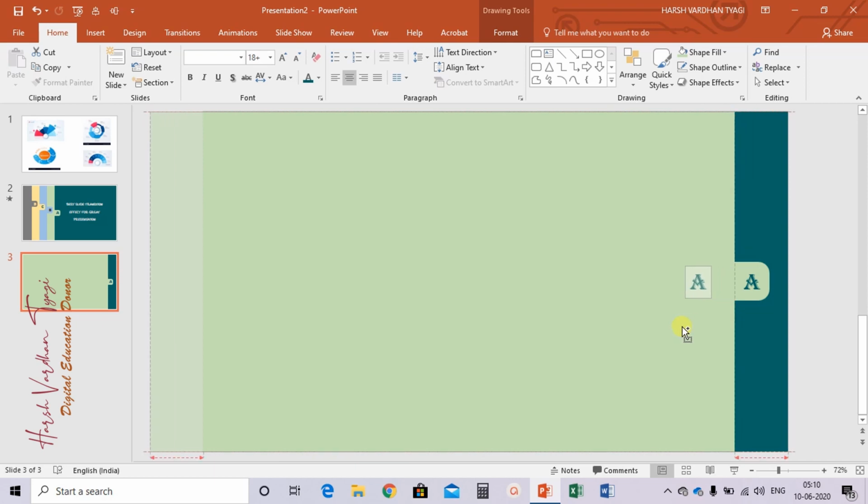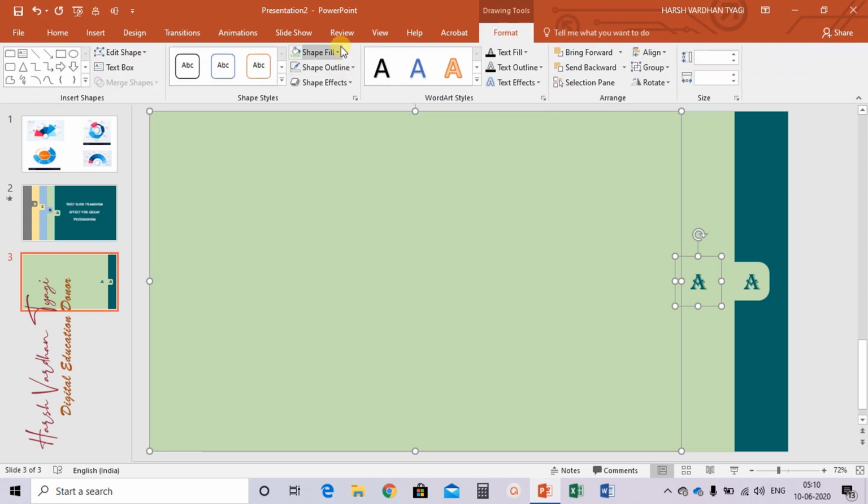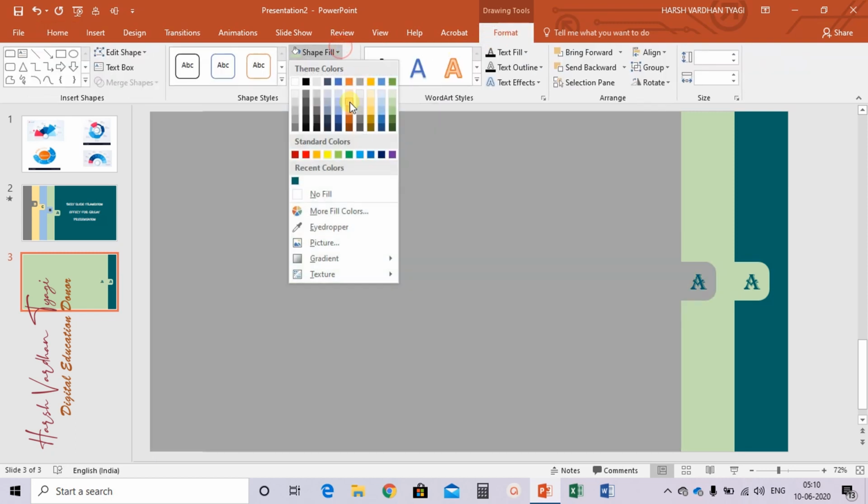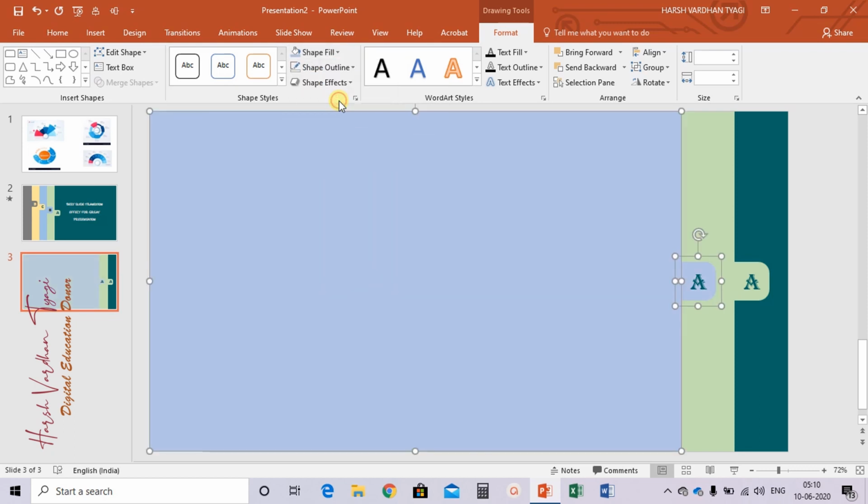Please make sure that you arrange all these things in an aligned manner. Now for another copy, go to format, shape fill and select another color. Second. Now again press the Control key and drag it to the left side to make a third copy.